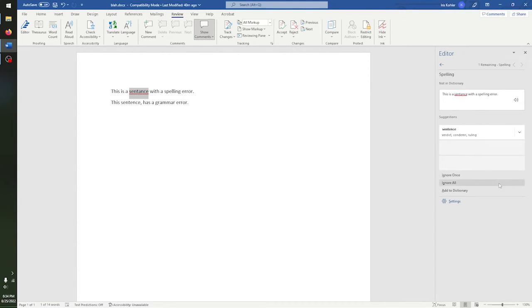Now, let's say you're writing the next great fantasy novel, and you're trying to be the next J.R.R. Tolkien, and you have all these wild fantasy names, and Microsoft Word doesn't actually recognize those names. Another example of this is maybe you're typing in Spanish, and Microsoft Word is having a hard time understanding that you're typing in Spanish and is trying to apply English dictionary rules to your Spanish. At least that did used to be the case back in the day. I don't know if that is anymore off the top of my head. Regardless, you have options for ignoring things. So you can ignore once,